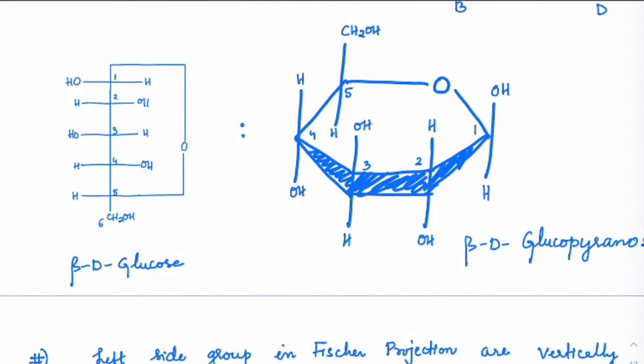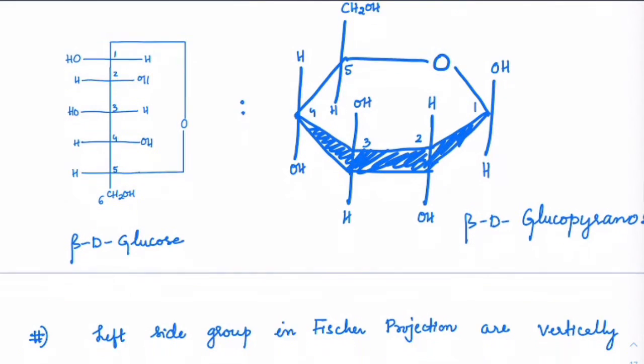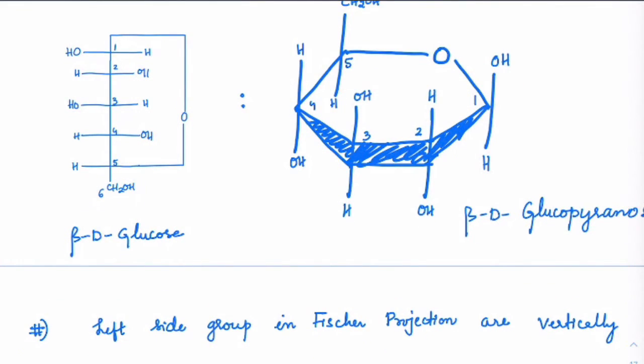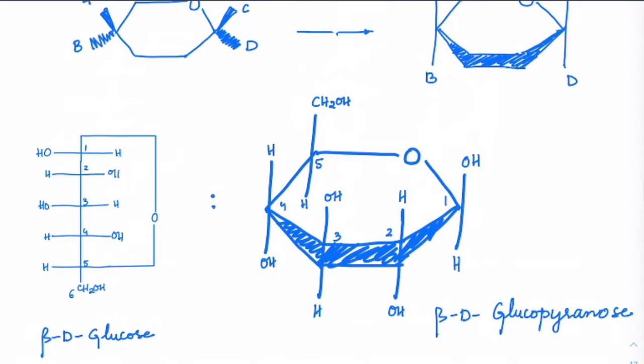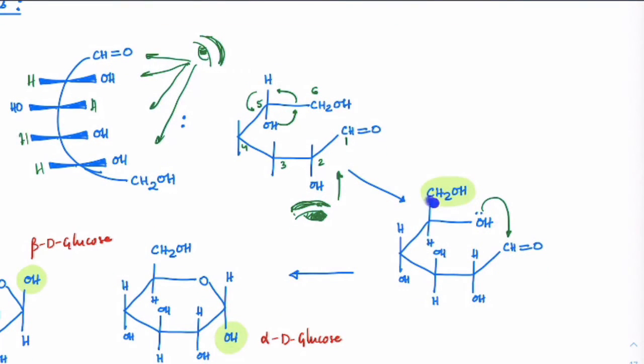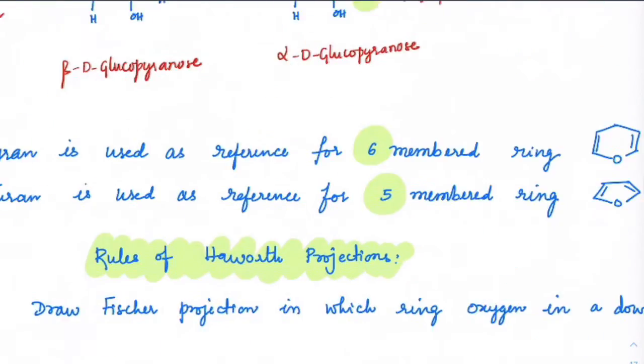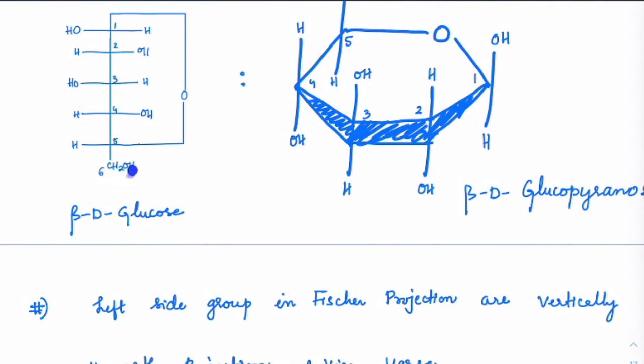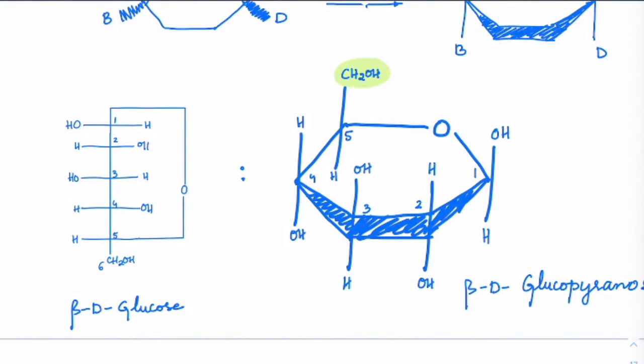So that is carbon 1. Carbon 2, you can check it out. Carbon 3, carbon 4, carbon 5. The problem comes with this one, right? Because between H and CH2OH, which one should we take up or down? It appears like H should be taken up, but this CH2OH is not on the right hand side, correct? It is down here. But that is the reason why I have put this skeleton structure, and we have learned that CH2OH is actually up. You can see when we rotate, then only OH will come onto this side. So that is one thing you have to remember, that on the sixth position, CH2OH will be up, which was down here.